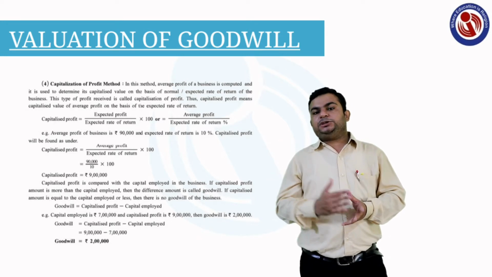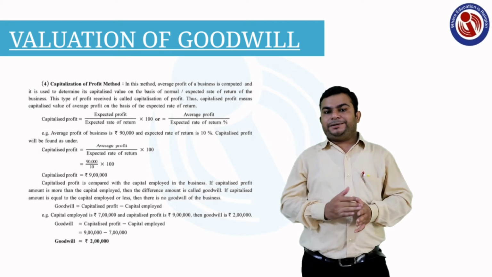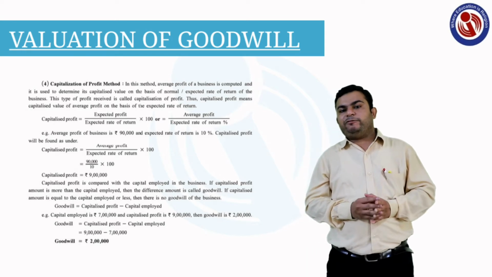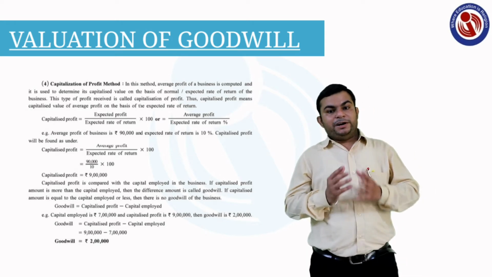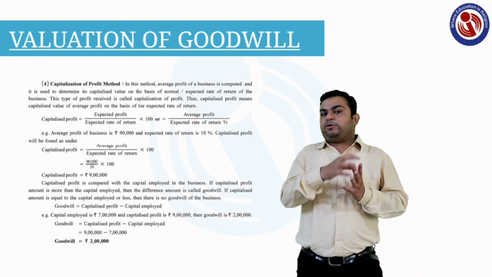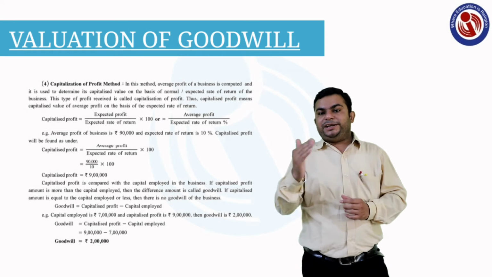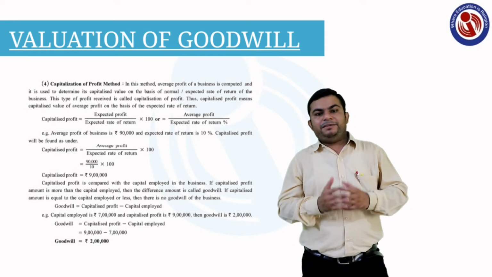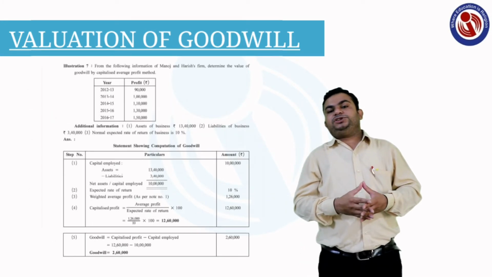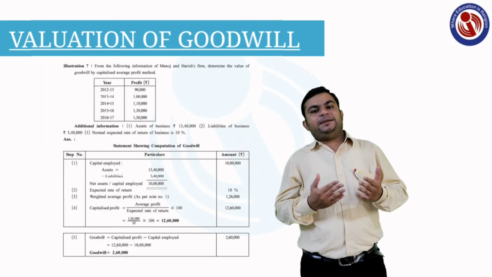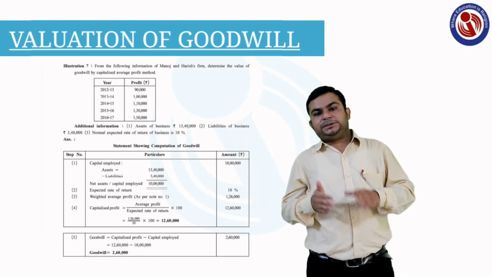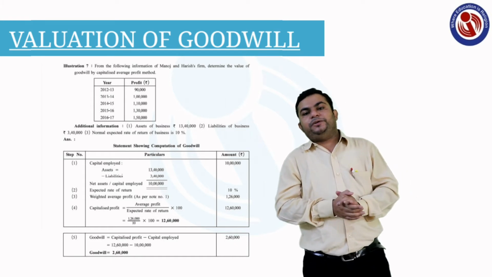After finding out these two, we are supposed to check the trend of profit. By the trend of profit, I mean that whether profit is increasing or decreasing in each year has to be checked. When we see that profit is continuously increasing, for example, in the first year profit is given as 1 lakh, then in the second 1,20,000, then 1,50,000, then 2 lakh, then 2,50,000, this type of profit is called an increasing trend.